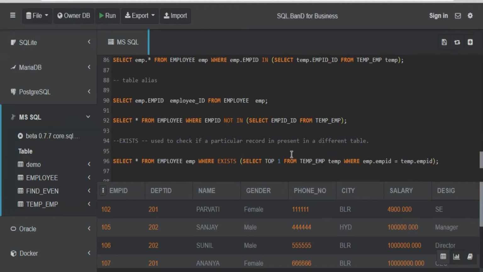So when I say this, what I'm doing, I'm selecting all the records from the employee table, which I aliased